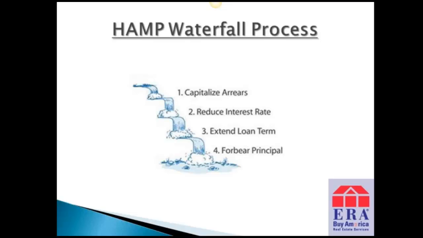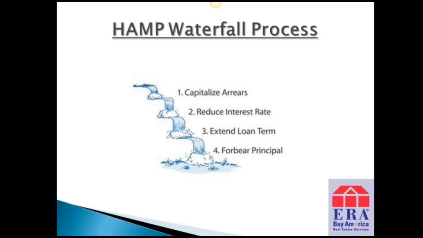Whatever that payment works out to be, if it's more than 31% of your gross income, well, you don't qualify for that portion of it. They're going to have to go to the next step. If you do qualify, they bring your payments up, add it in, and you're good to go, it's within 31% of your gross income, done. The loan bond's done, they add that in, and you move on. But if not, let's say it's still more than 31% of your income, then you move to step 2